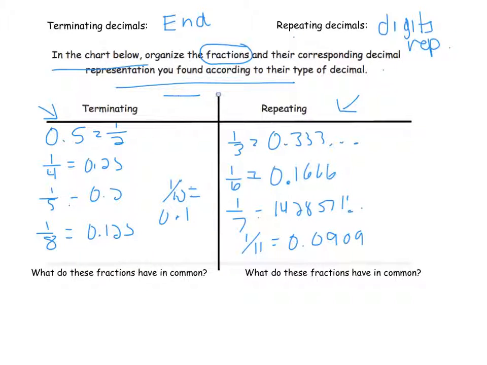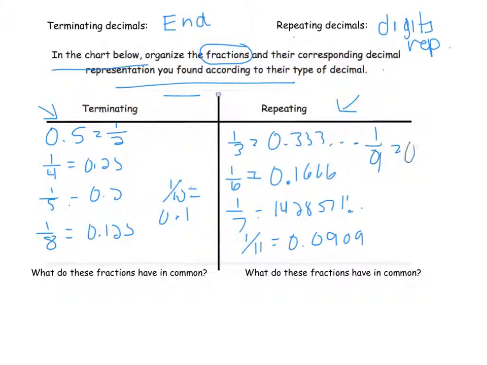All right, now, so this is what I have, and I want you to look really carefully at the denominators. Really look carefully and see, what do these have in common? And what do these have in common? Okay, so I could see me saying something like, well, they are either multiples of... because I don't think I have my 1/9 over here. I missed my 1/9,